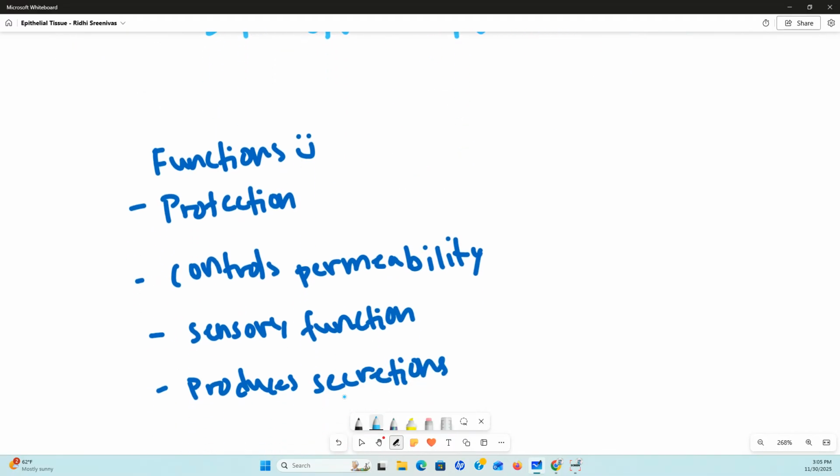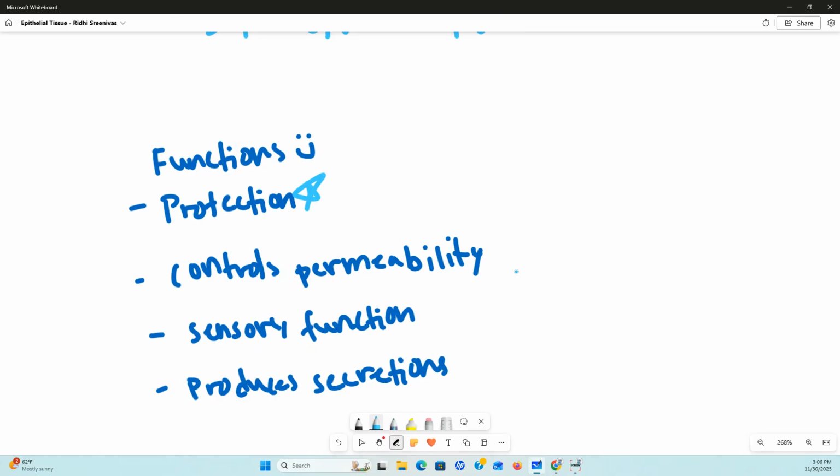But anyways, although different types of epithelial tissues may do different things in the body, here are some essential functions that epithelial tissue does in general. So first, we kind of touched on this one, but it provides protection to both internal and external surfaces from abrasion and pathogens and all that. And the next function is